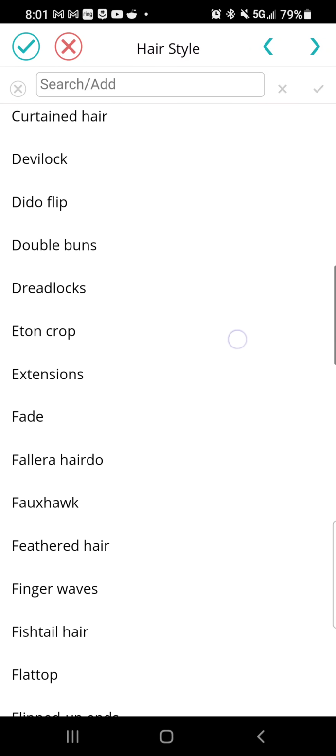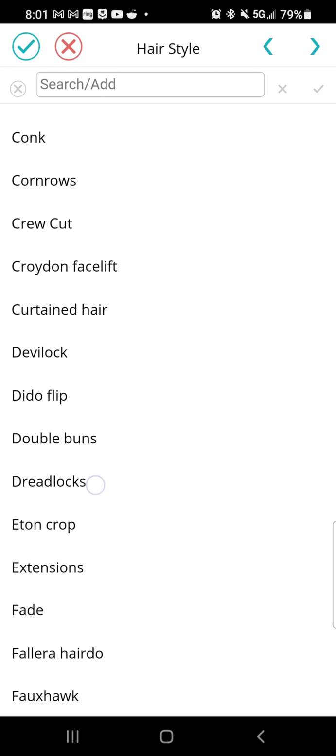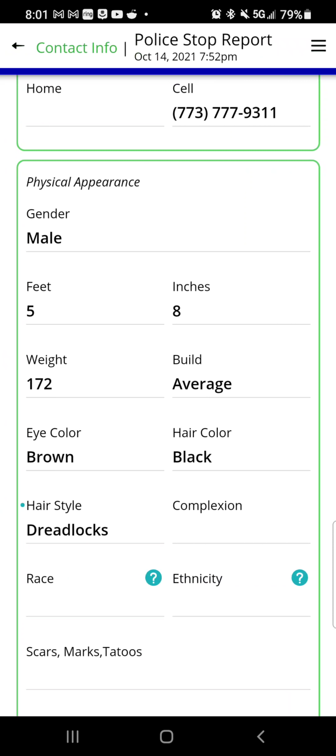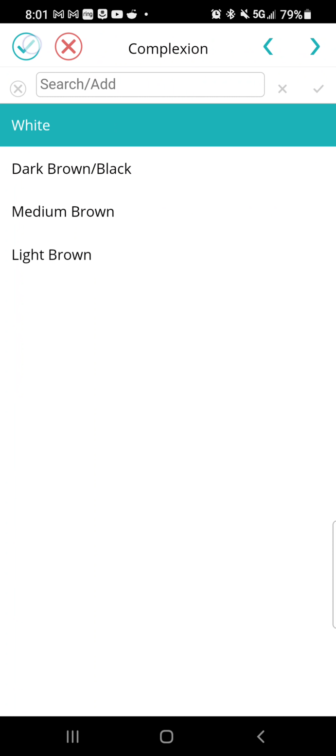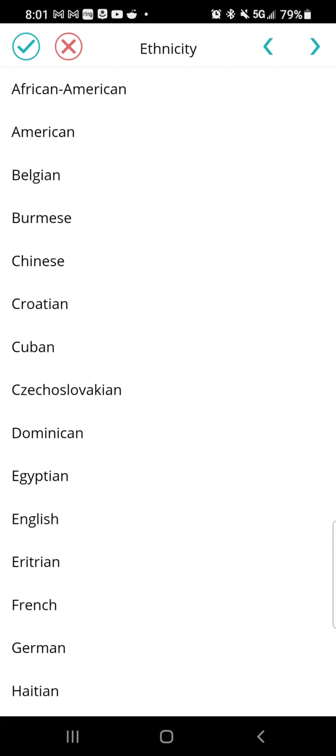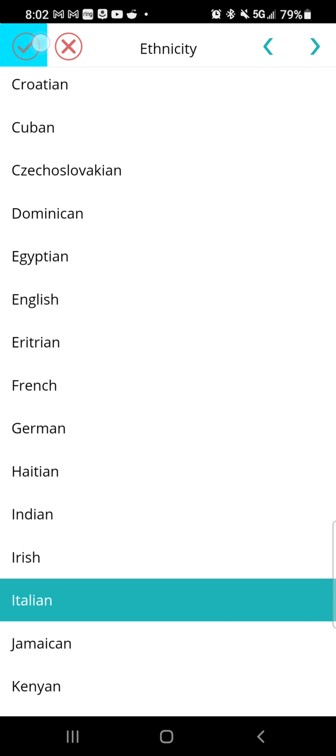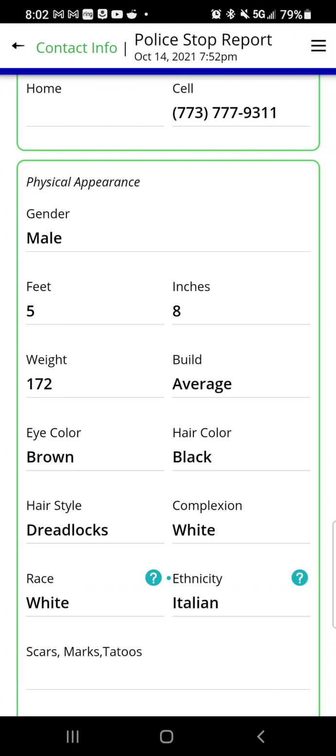Here's a drop-down list of a bunch of different styles. We'll say dreadlocks. For complexion, I'll go with white. And for race, we'll go with white. And for ethnicity, we'll go with Italian. Right? So again, you can choose which of these fields you'd like to use for your organization's application, or if